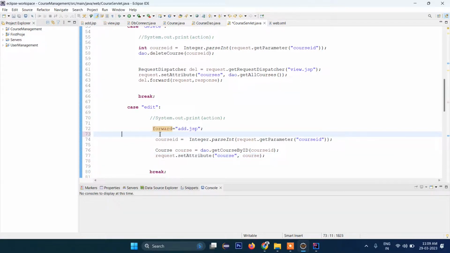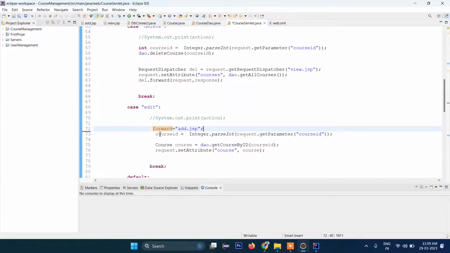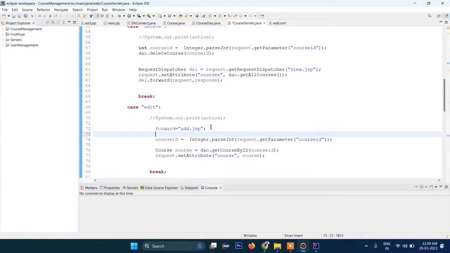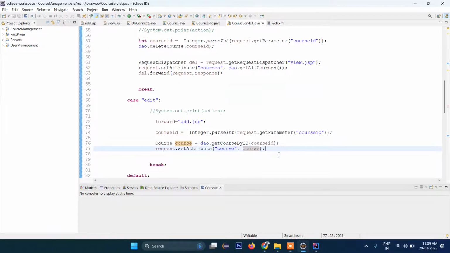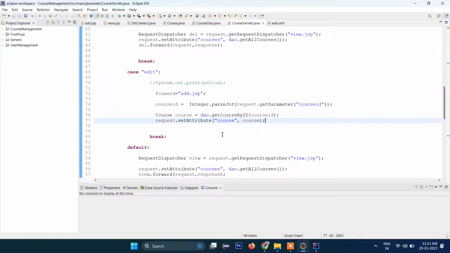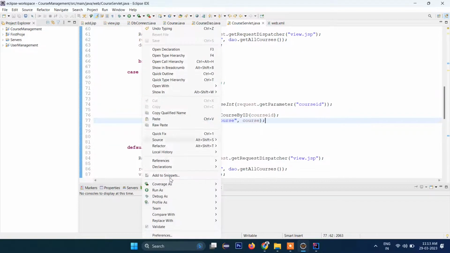So what is happening here, first we are sending our file to add.jsp. We are not creating edit.jsp separately, because the same file will act as add and edit. So here we are fetching the course id, and then based on the course id whatever data is coming, we are forwarding it to the add page. Okay, so if we run this application,